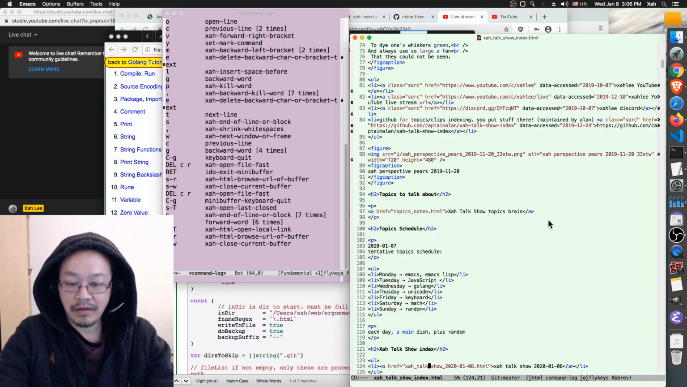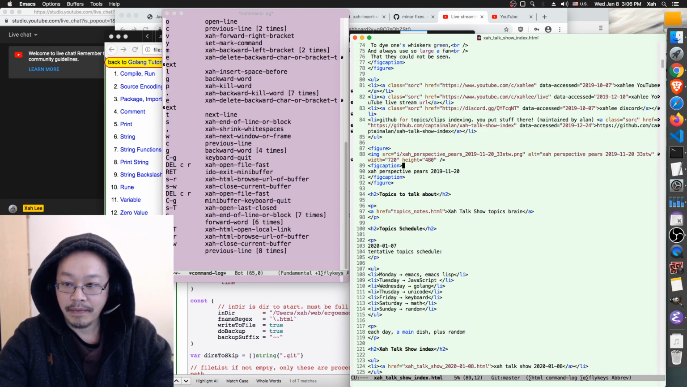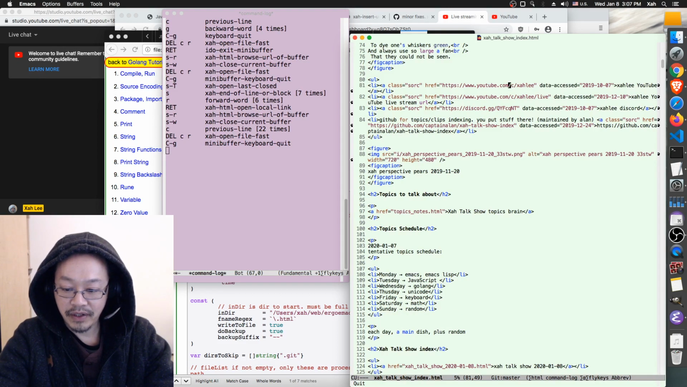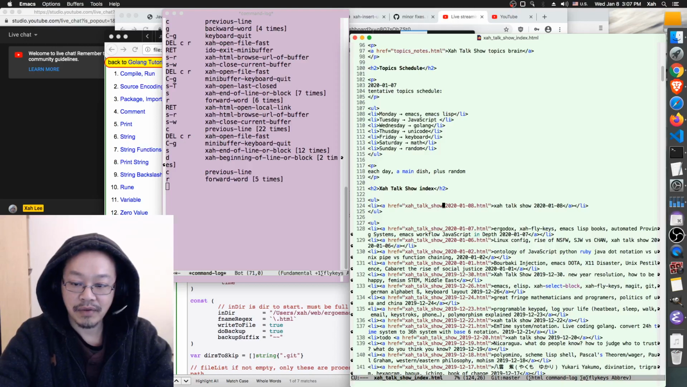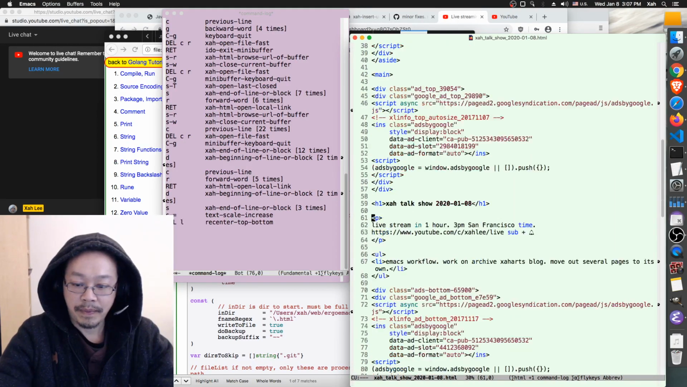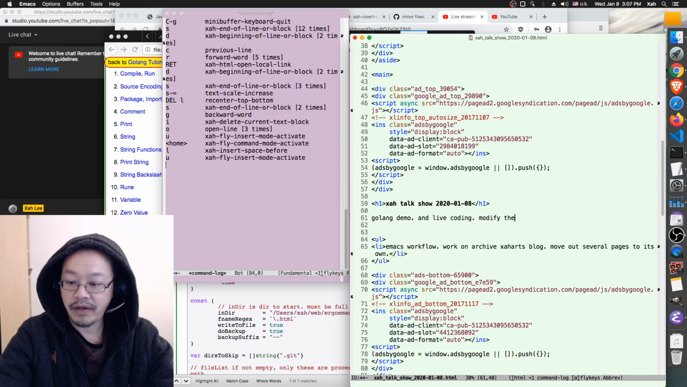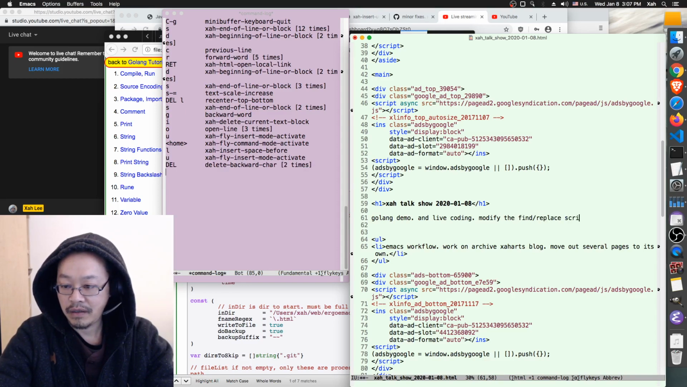So let me show you what this Golang script is about. This is about find and replace. Okay, let me think of an actual real world task that I need to do for find and replace. Okay, I have some idea. So I'm going to do a demo of Golang right now. Let's write down what we are doing. Okay, so live stream Golang demo and live coding, and modify the find replace script so that it prints